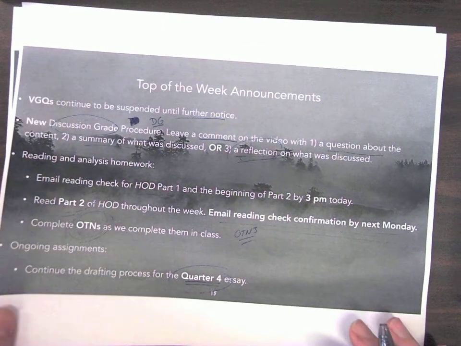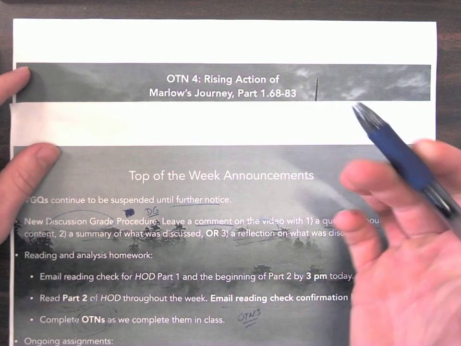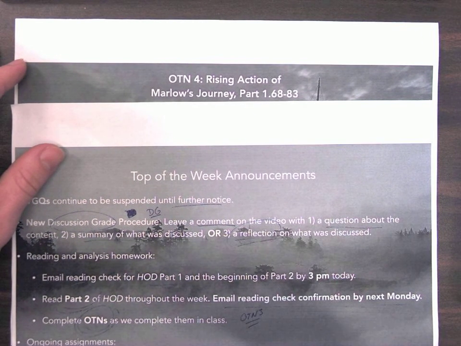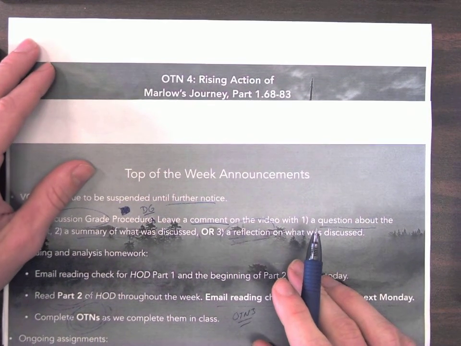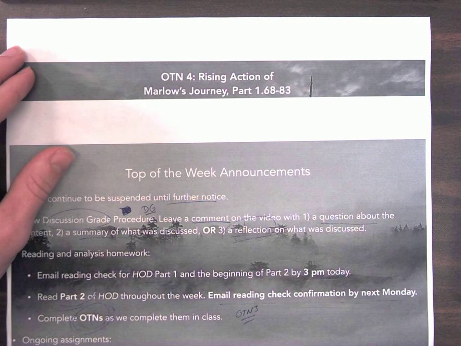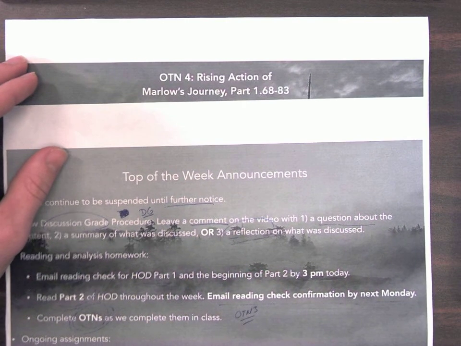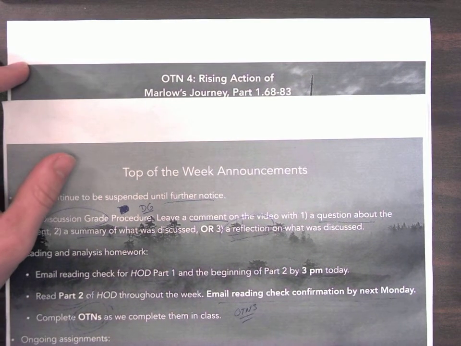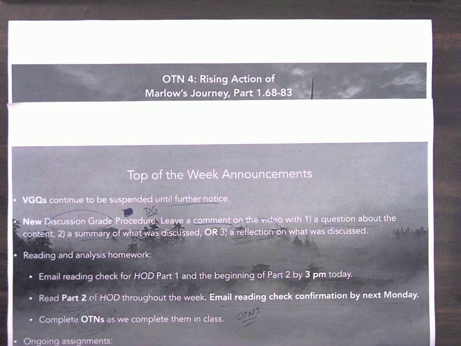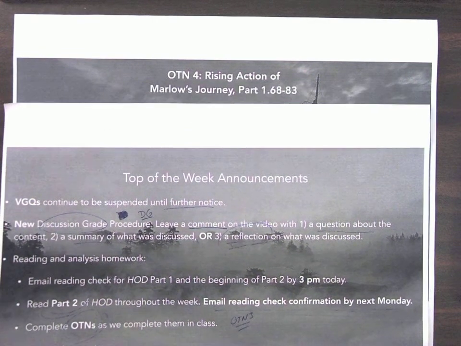Today we're going to be working on OTN 4, which is going to introduce the second major phase of Marlow's journey in the rising action as he moves from the outer station to the central station. And very similar to the Pilgrim's journey in the Inferno, each phase of the journey helps unfold a deeper layer of Marlow's own heart and of the world that Marlow inhabits and the work that he is engaged in, along with the Belgian Congo Company. Okay, so we'll get into that today.